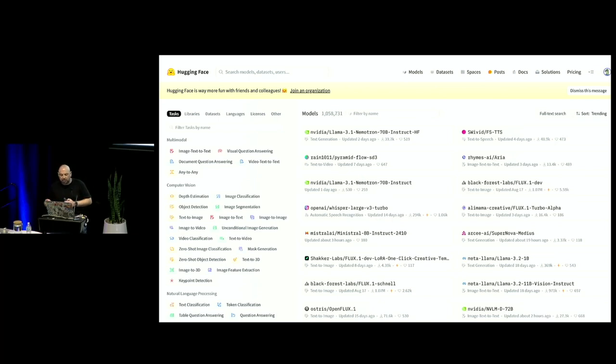The first is the Model Hub, a collection of all the models that you can utilize, and most of them are open source, so you can use them easily. Then you have a dataset hub that gives you large datasets that you can use for those models. And of course, Spaces, a platform for sharing and deploying machine learning demos and applications and allowing other users to interact with them.